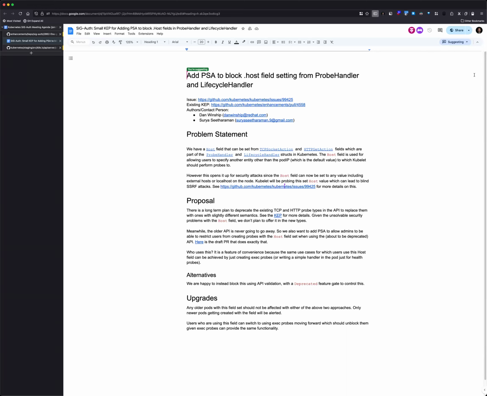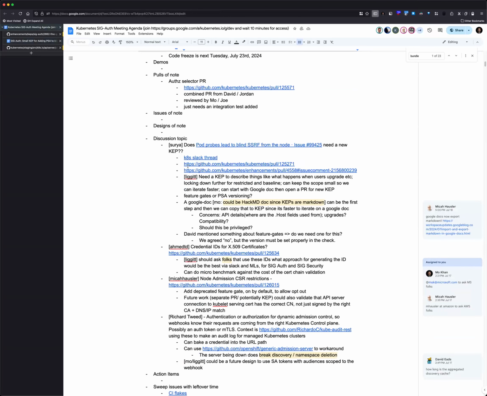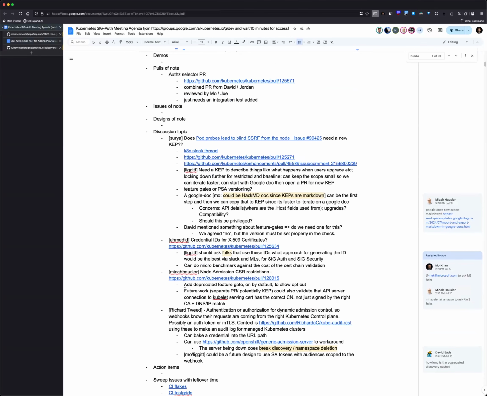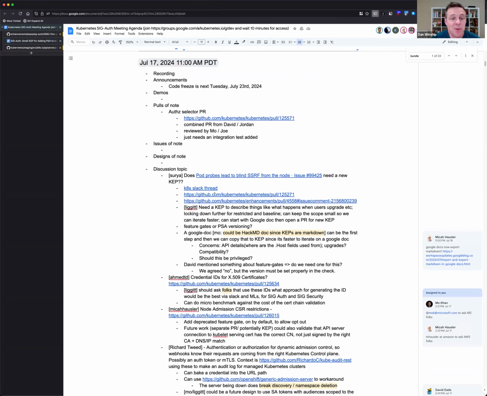Yeah, I'm trying to remember though. Was there a specific set of next steps? Maybe I'll go back and look at the notes. I think the next step was to create a KEP, and this doc was to help with pre-discussions before the KEP, I guess. Or to see if we even need the KEP,